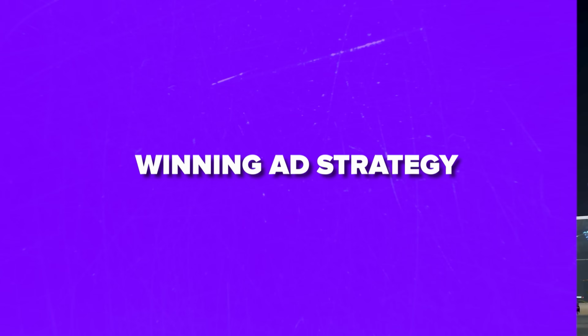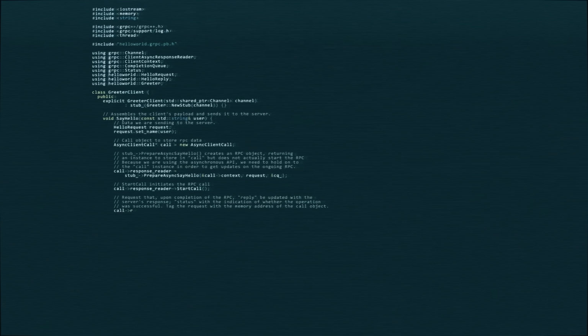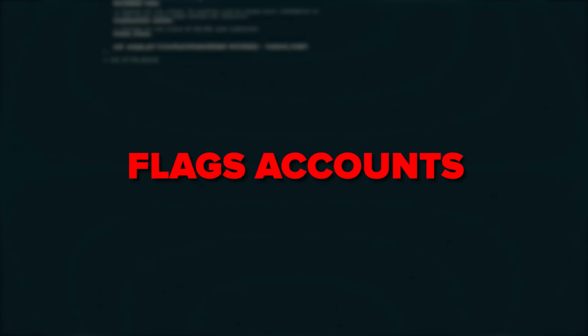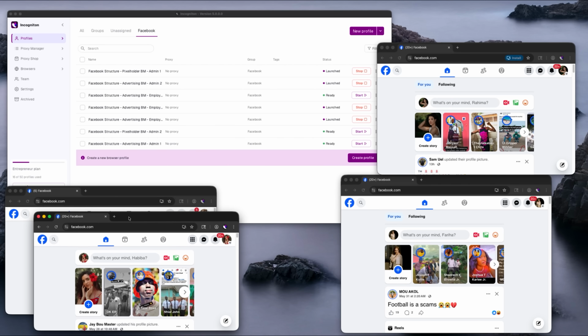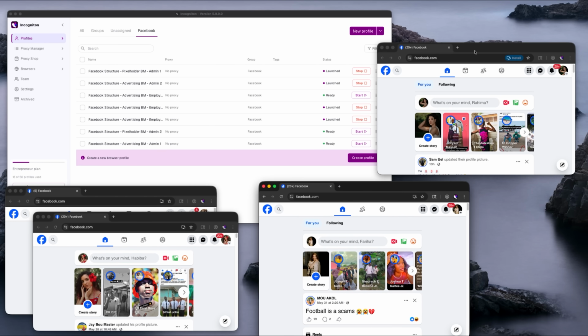Mates, here's what's changed on Meta. A winning ad strategy isn't enough anymore. Their AI flags accounts at the smallest signal, support is a coin flip, and one wrong move can take an account down overnight. To survive and scale, you need a strong foundation sitting underneath those creatives, the right account setup